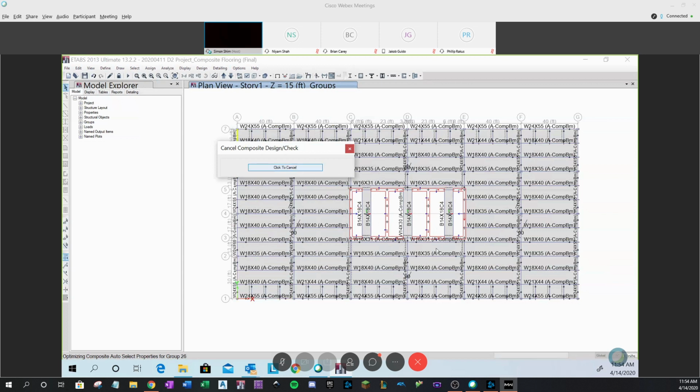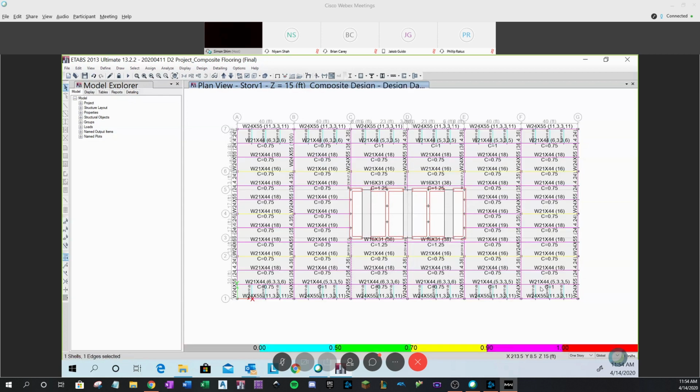Okay, without these four beams, they are all the same group. So let's see. Eventually what we have to do as an engineer now is, it should choose